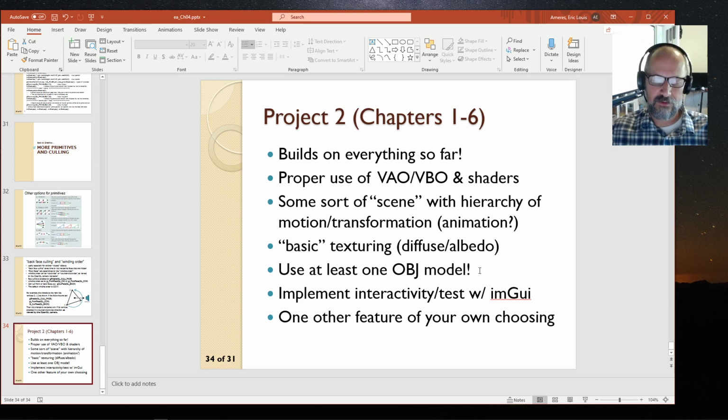Right, so you're going to need to use an object loader and do something with it, at least one. All right, I'd like to see you implement interactivity or some sort of test capability by using Dear ImGui. Right, so the reason that I really want to introduce Dear ImGui at this point is because, for example, this is